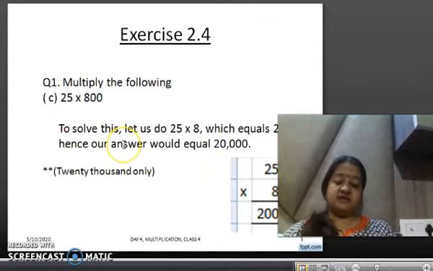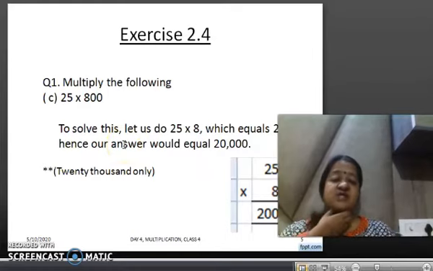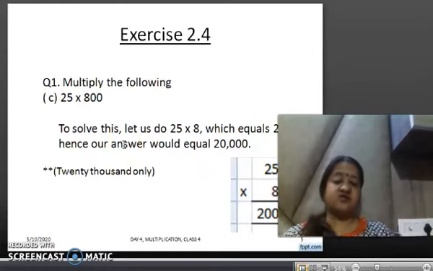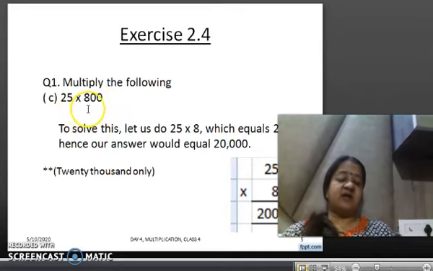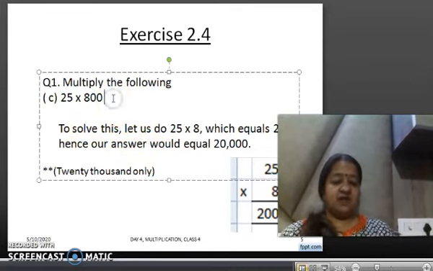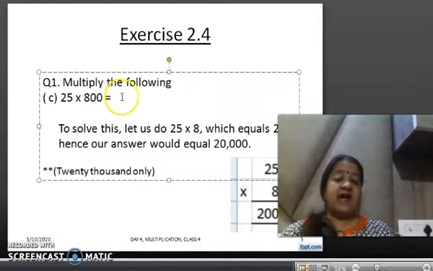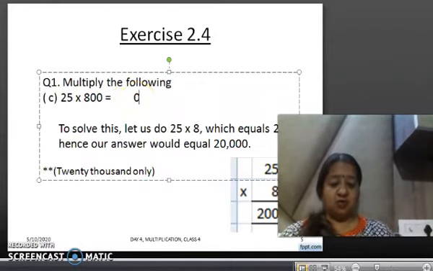The next part, again as the old system, the parts which I have not done here will be your self-assessment parts, children. So part B you will do on your own once your classwork is finished. C part, 25 multiplied by 800. Now we have only 2 zeros here, so my answer will be having 2 zeros. Children, you are not supposed to write this whole line. You can just write an equal to sign over here and write 2 zeros, right, as I am having 2 zeros.